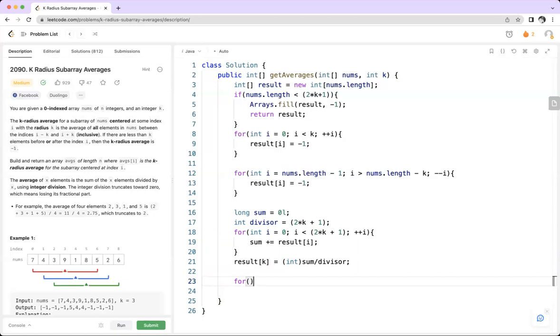we'll have to do one more logic here. And I is equal to k plus 1, I less than nums dot length minus k. Okay, I less than or equal to k, plus plus I. Okay,